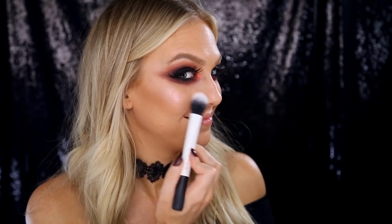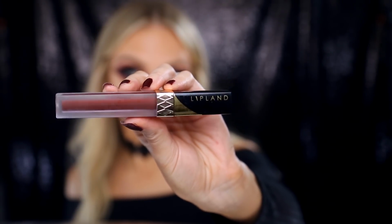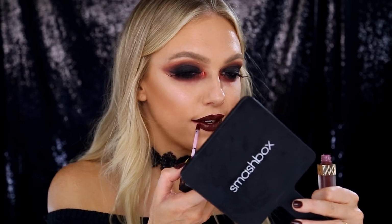So I applied that one to the top of my cheekbones, and then for the smaller highlights like my nose and my Cupid's bow, I used the ochre highlighter in Rodeo Drive. And for my lip color, I wasn't exactly sure what I wanted to do, but I started off with this one by Lipland. This is a liquid lipstick in the shade Gamma. This shade is a gorgeous blackened burgundy color. It is so vampy and amazing,